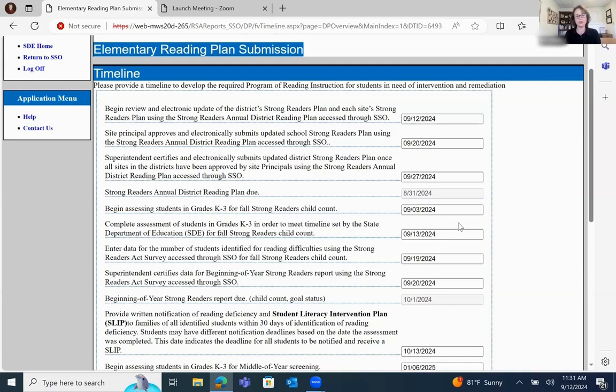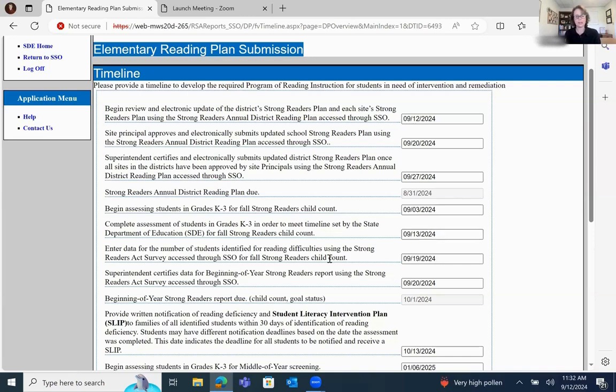A timeline shorter than 1 week is just not feasible to get all of your testing completed, but we also don't want it to extend past a 3-week window, because at that point your data is just not valid, comparing a student tested at the beginning of an extended testing window to one at the end of it. So we want to keep the dates of this window within 1 to 3 weeks.